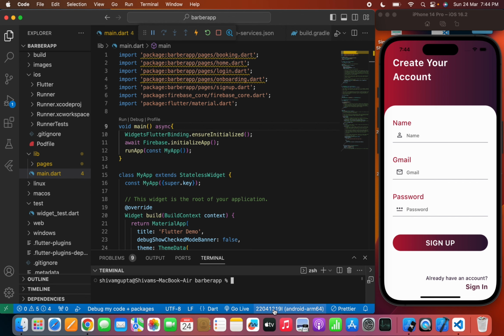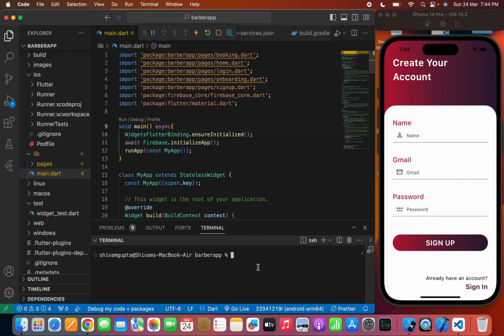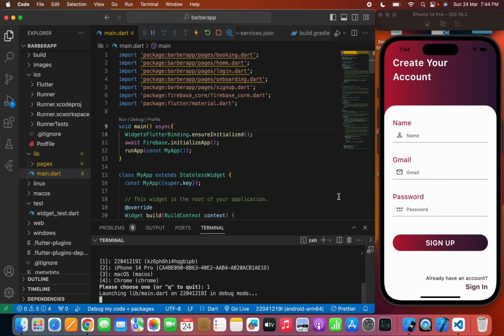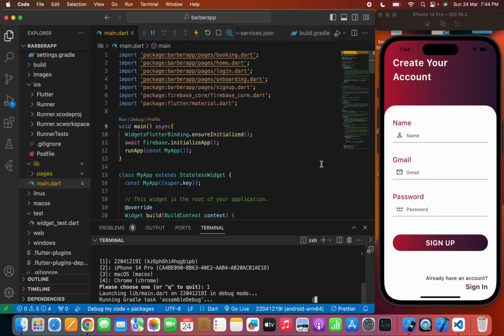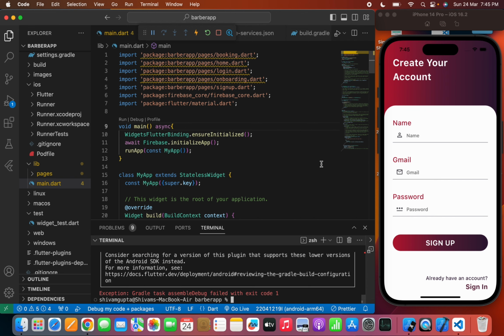So as you can see at the bottom, my Android device has been connected with a VS Code. Now I will write flutter run to run the app. So wait for a few seconds, because at the first time, if you are running the app in your real Android device, then it may take some time to load the app. So here you can see the